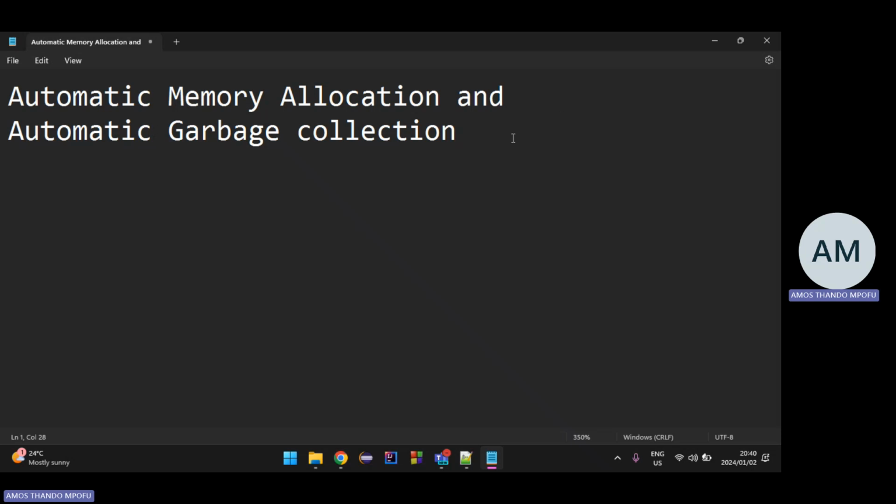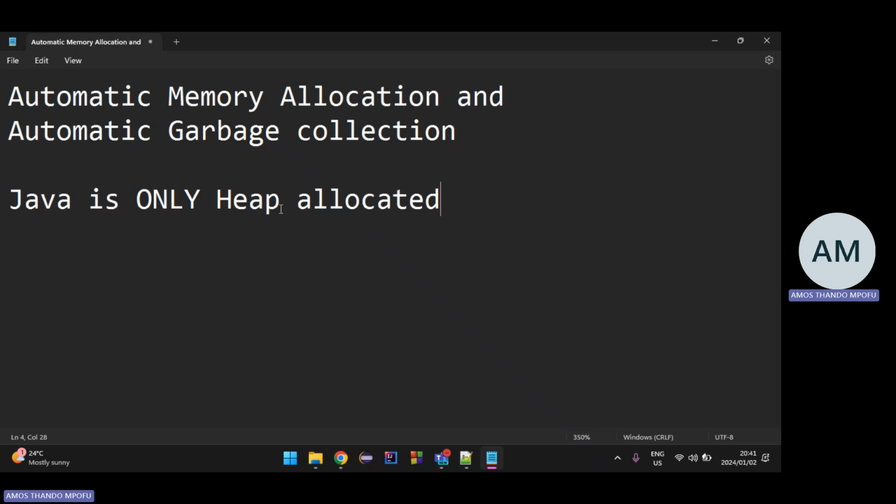And as a result, Java is only heap allocated. So you only allocate memory on the heap. We'll talk about stacks and heaps later. For now, just know that it only uses a heap.